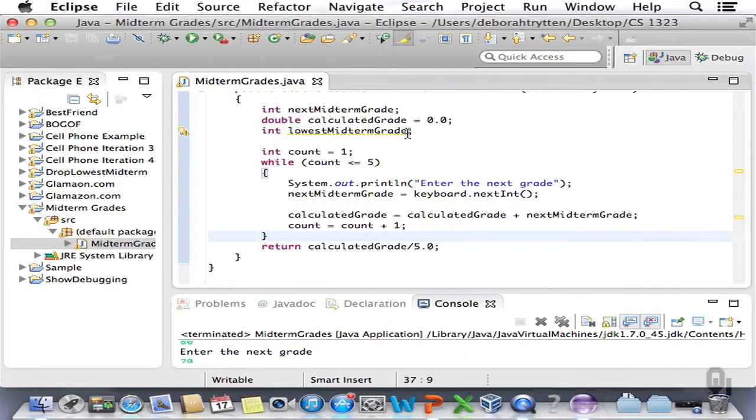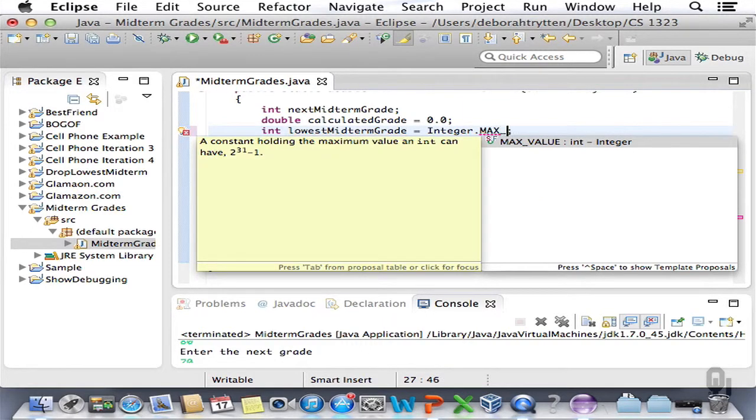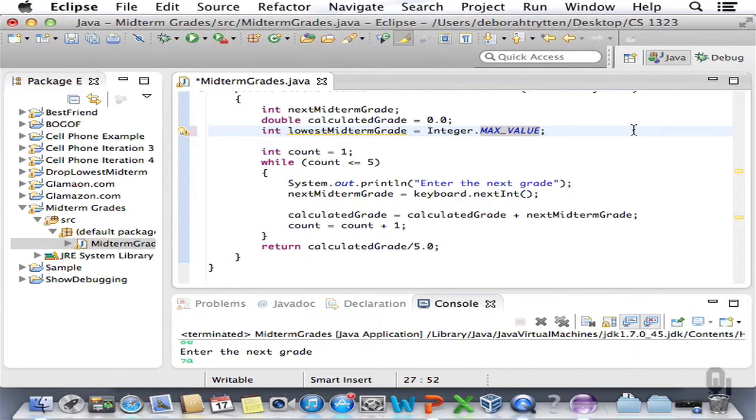So instead, we need to start the lowest midterm grade at the biggest number possible and then move it down. Now, there is an integer that's available for this. It's called Integer.MAX_VALUE. This is something you wouldn't have known about from the reading so far because we haven't encountered it yet. But what that is, basically, is the biggest integer there could possibly be. That way we know that the first grade is going to be lower than that integer and the code's going